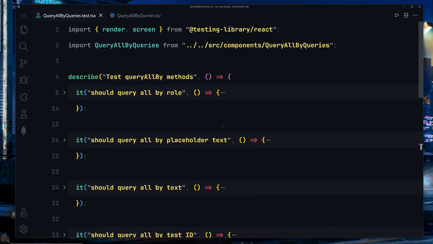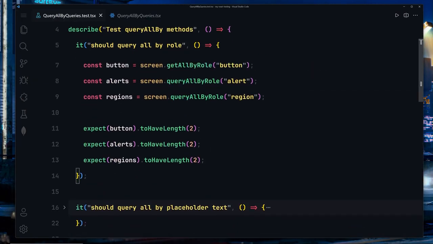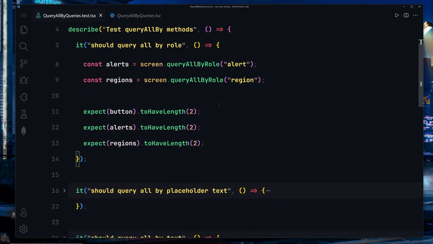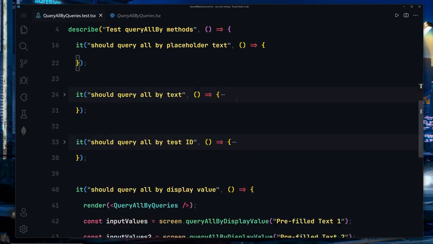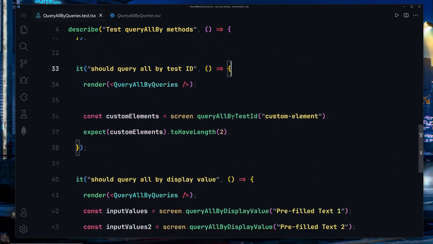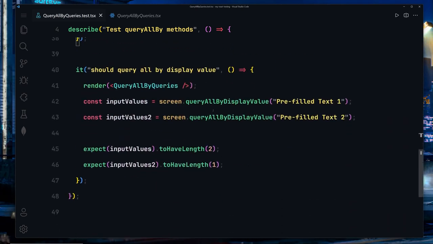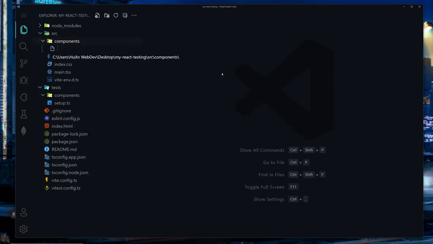So as you can see right here, now that we learn about get all by role, we learn about the query all by role, we learn about the query all by placeholder, we learn about the query all by text, query all by test ID and query all by display value. Okay, dokie. So now let's talk about the find by query. So I'm going to create a file with the name of